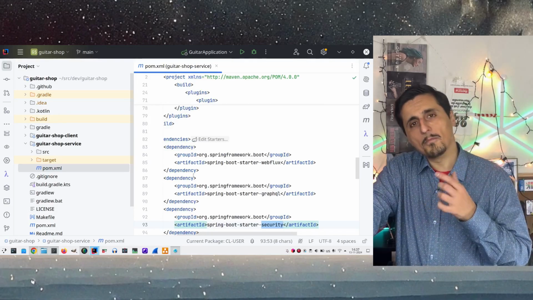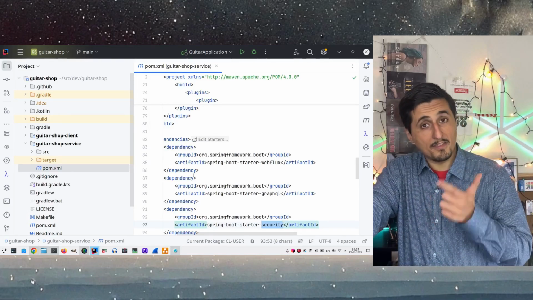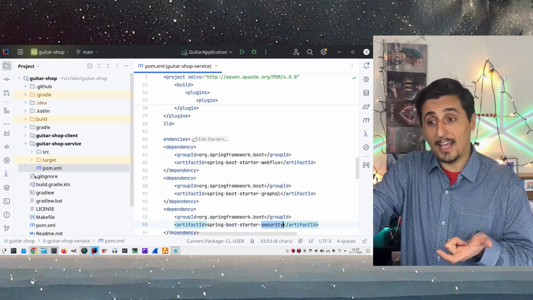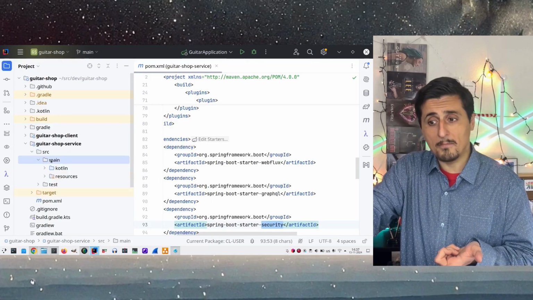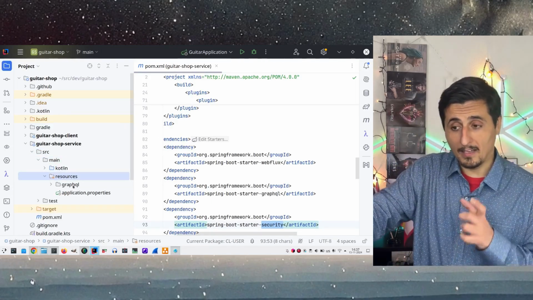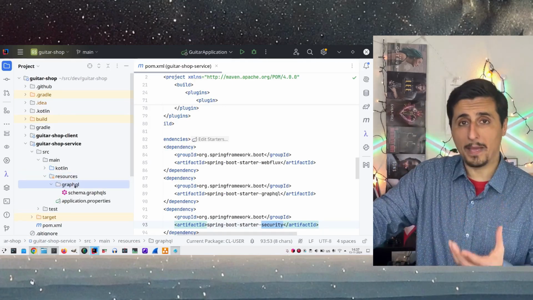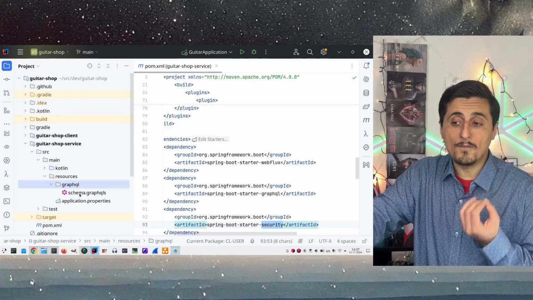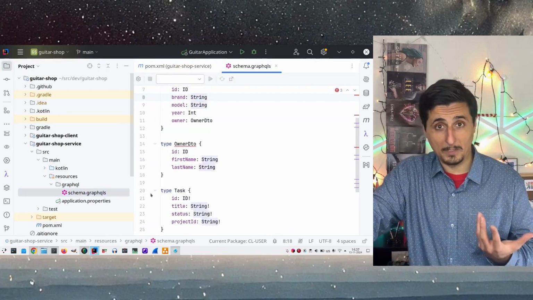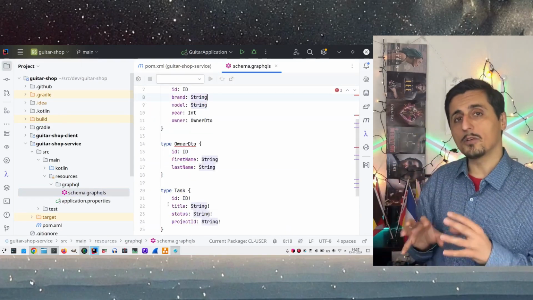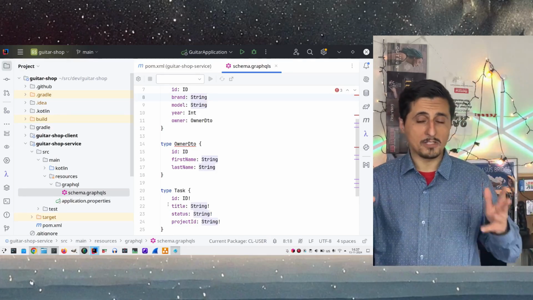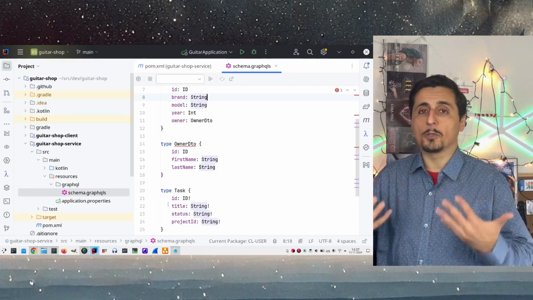And the first point to start our service is our schema file. That one is located in source, main, resources. Under this resources folder, we can find the GraphQL package, where we then can find our schema.graphqls file. This file and this location is the default location, as I've mentioned before, where we need to put the first